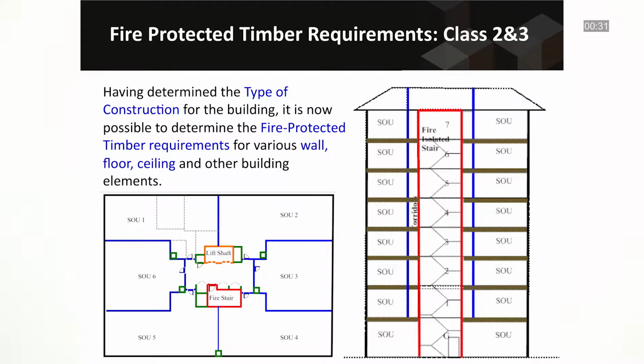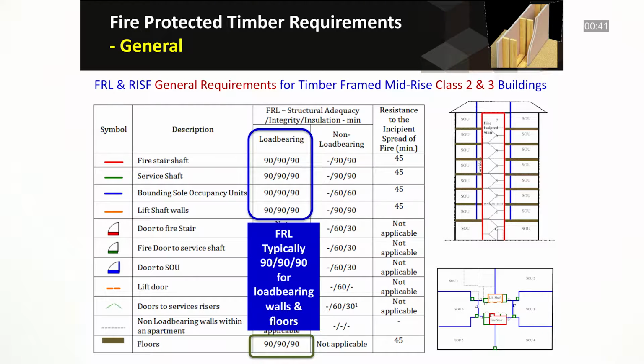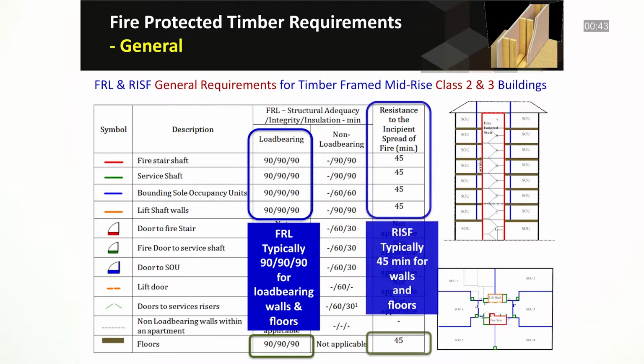Having determined the type of construction for the building, it is now possible to determine the fire-protected timber requirements for various wall, floor, ceiling, and other building elements. This table here, from the Wood Solutions Technical Design Guide for Mid-Rise Timber Buildings, summarises the fire resistance level requirements specified in the NCC for most of the typical elements in a mid-rise timber Class 2 or 3 building of